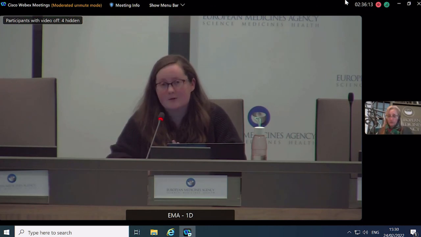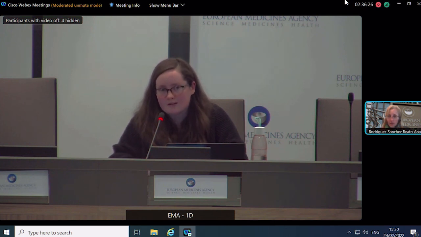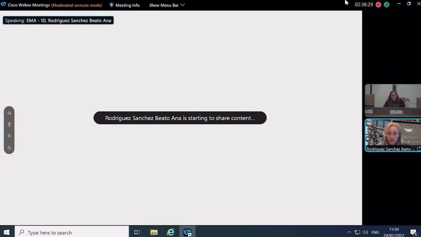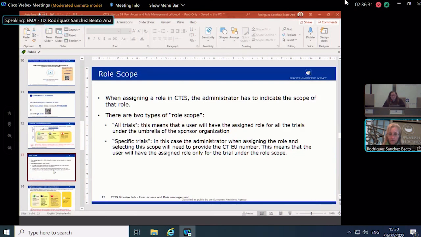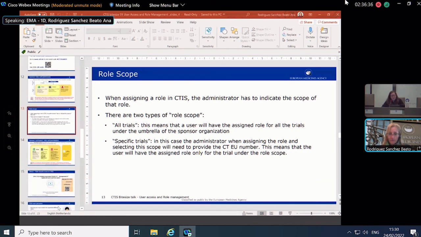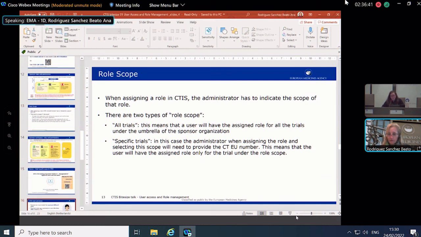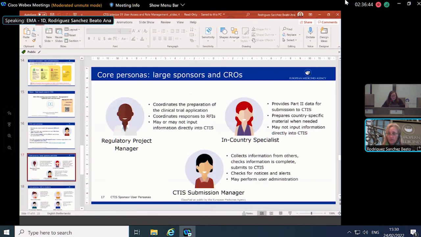I can just say anyway, we do have user personas, which can give you an idea of how to build profiles of user roles for different kinds of typical people or users who will be in sponsor organizations, CRO organizations, academic and SME organizations as well. So they can be useful, and you can find the CTIS user personas on the EMA website. So you can have a look at those. And there's also the sponsor organization modeling document, which can be useful as well. But let's just, for time, move to the last slide, and I can give you some final closing information.